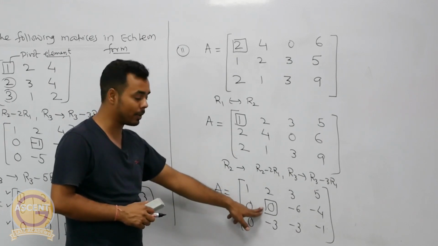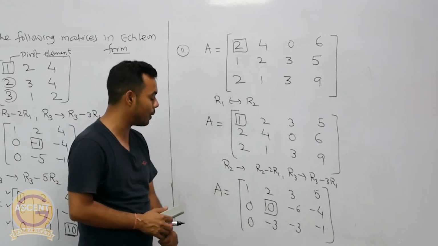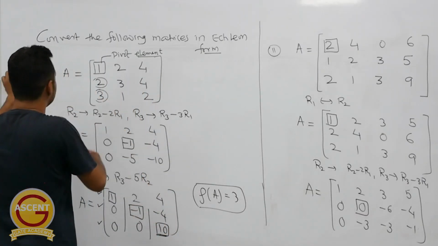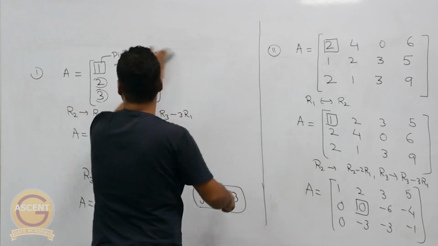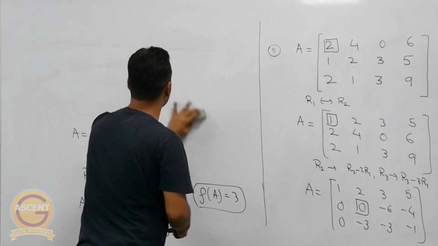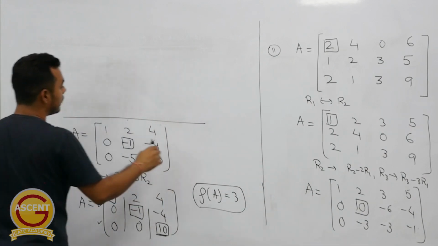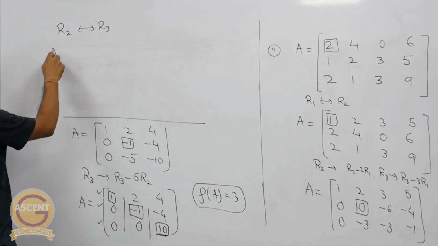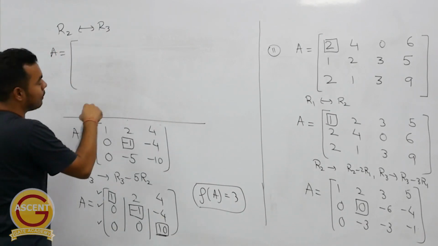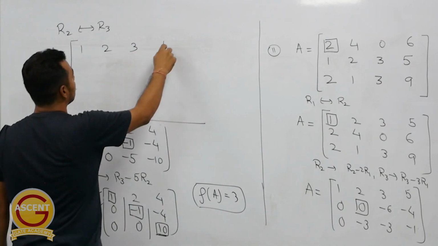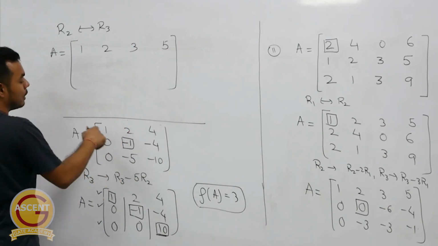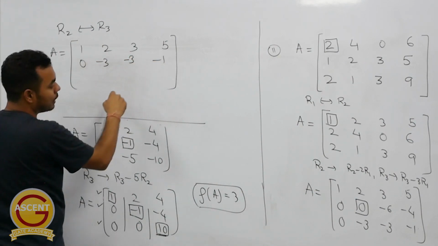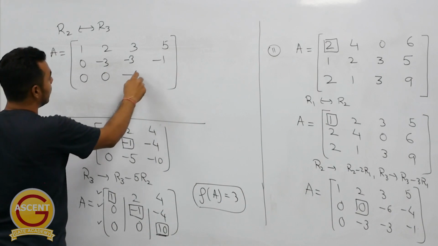If you have 0 as the pivot element, then you have to interchange it with the next row. So now we are going to interchange R2 and R3. Maybe I can do the calculation here. If I simply interchange R2 and R3 in this matrix, then our matrix A will be: the first row is the same, 1, 2, 3, 5, then the third row will become the second row, so 0, minus 3, minus 3, minus 1,